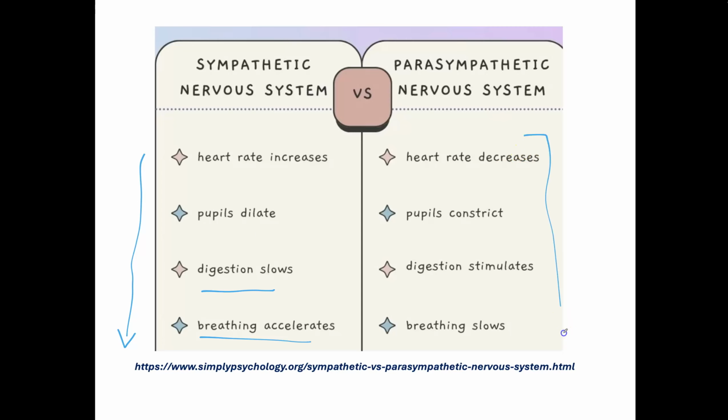And the parasympathetic system is when the emergency is over, your heart rate decreases, your pupils constrict a little bit, you get to go back to digesting your food and stuff, and your breathing slows down. It's not that you can't affect these things, because a lot of these things you can control a little bit with things like meditation and breathing exercises and so on. But under normal circumstances, you don't have to remind yourself to breathe, right? It just